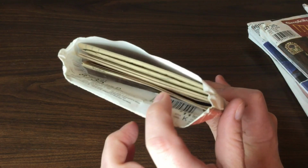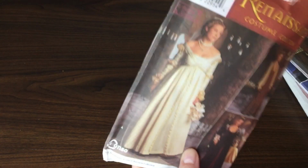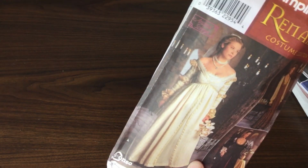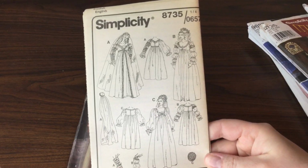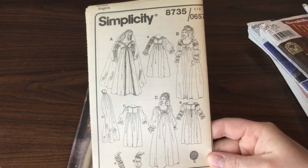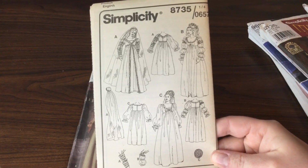This feels like an uncut pattern. Size 4, 6, and 8. Wow, were we small. And here, it's easier probably to show you the line drawings from the booklet. Yeah, pretty cool, right? A Renaissance costume. In case you're wondering,